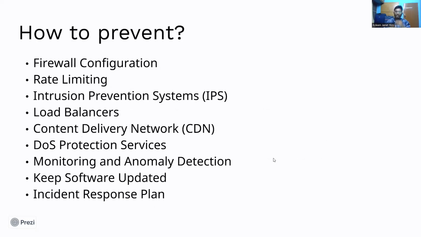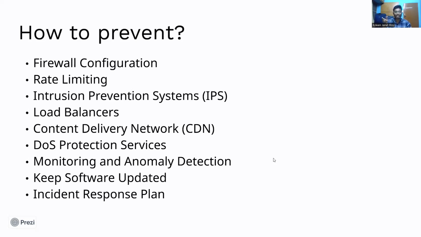And how can I prevent it? Yes, we all know DOS is done by flooding with requests of different things, right? So I can build a firewall configuration, which separates the true ones from the false ones. The firewall has the capability to segregate the true results and the false results, so the false results can be ignored. And rate limiting: I can limit the rate of requests that can be received by the server. That is what I have done in the task. I'll be limiting the rate so that the DOS attack can be prevented.